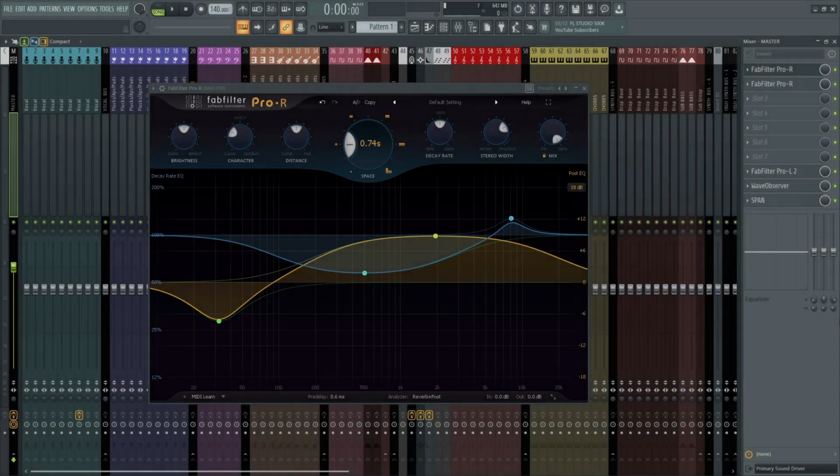Another common mistake that I have seen people making is that they don't EQ the reverb after applying it to any sound, and that's a really bad thing for your mix.